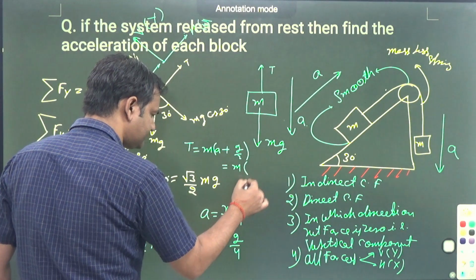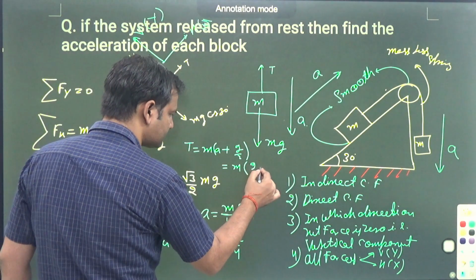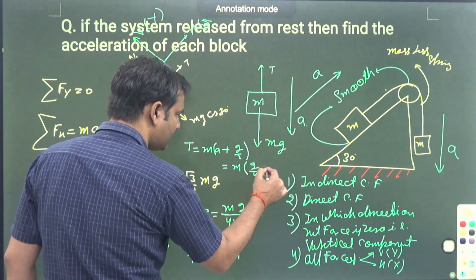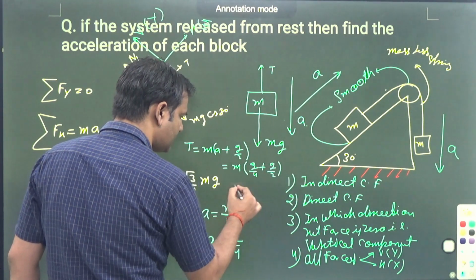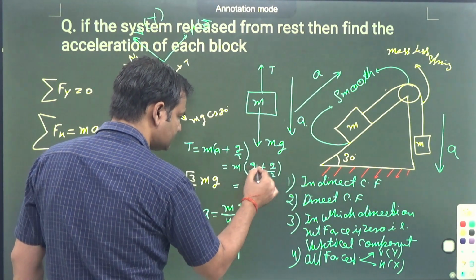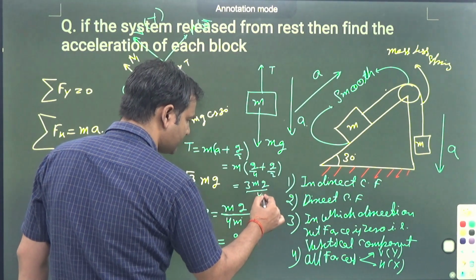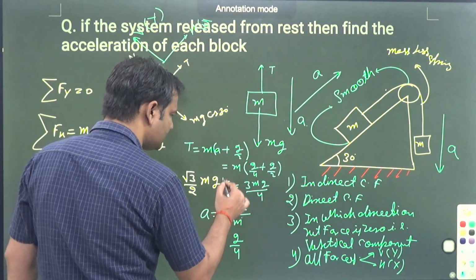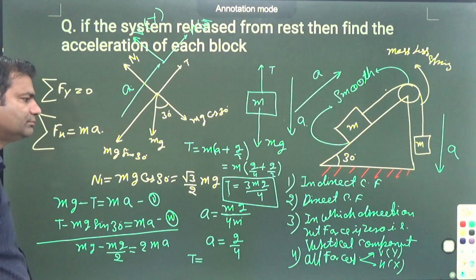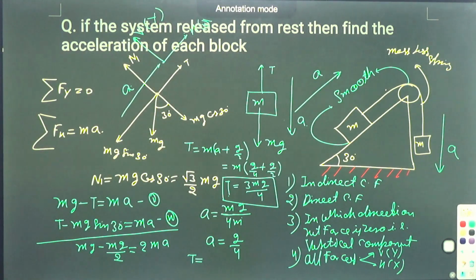So m times g by 4 plus g by 2. So you can say that is 3 mg by 4. T is equal to